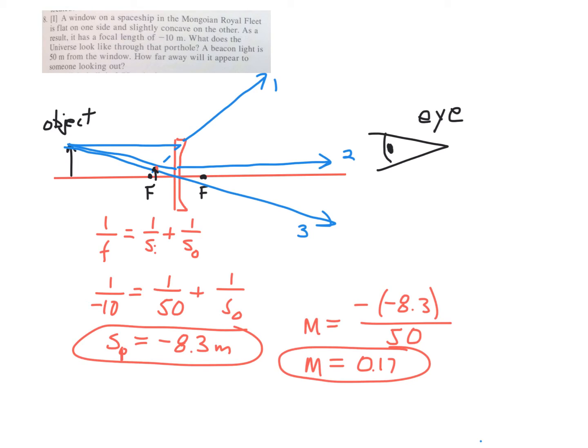The image location, S sub I, is negative 8. It's always negative. It's always virtual. It's always upright. It's always small. The magnification here is, like we did last time, the image distance divided by the object distance. The opposite of that, or the negative of that, so it's a positive 0.17, it's small, and that's the basic